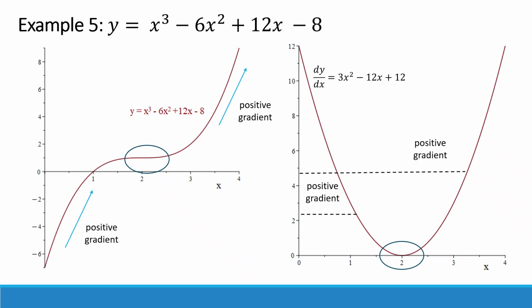The second derivative is 0 at the stationary point. We can see that the gradient graph has its own stationary point at x equals 2, and also if we calculate the second derivative and evaluate it at x equals 2, we get 0. So the second derivative test is inconclusive, but as before we can still tell that this is a point of inflection, because we have a positive gradient to the left of a stationary point and a positive gradient to the right of a stationary point, so the gradients are the same sign on both sides, and we have a point of inflection.